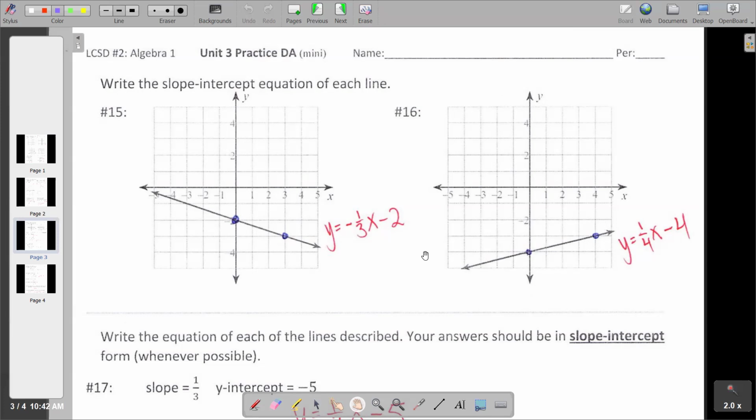I'm just expecting you to be able to look at the line and identify the slope and identify the y-intercept. And if you can tell me those 2 things, then you just plug them right in. So the blue dot that's straight down to,